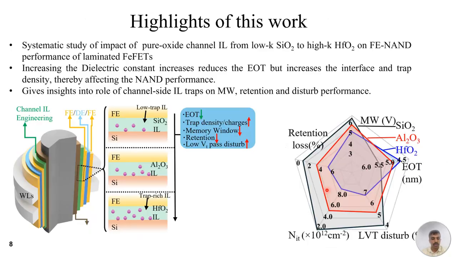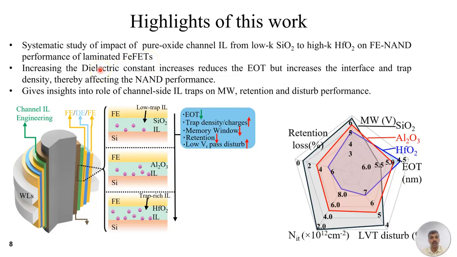So the highlights of this work are as follows. This is the executive summary. In this work, we systematically investigate pure oxide channel interlayer materials, starting from low-K SiO2 to Al2O3 to high-K HfO2, on Fe NAND performance, considering a laminated Fe-FET. So we see that as we go from